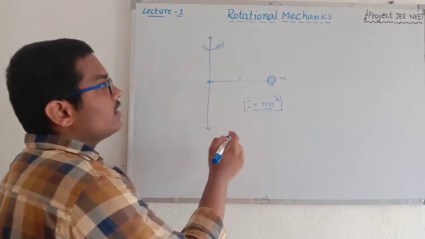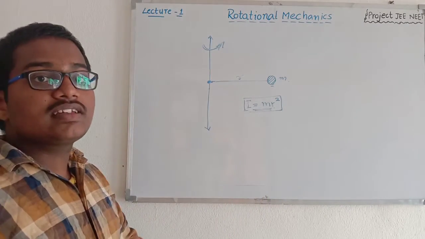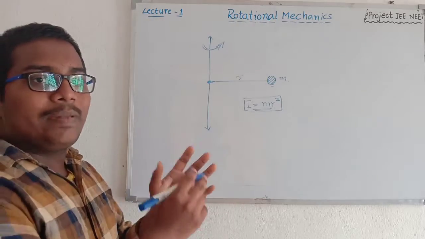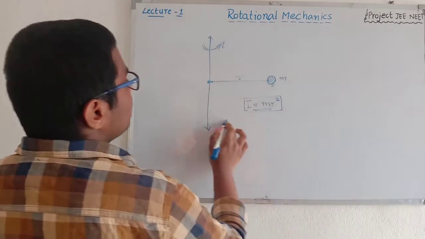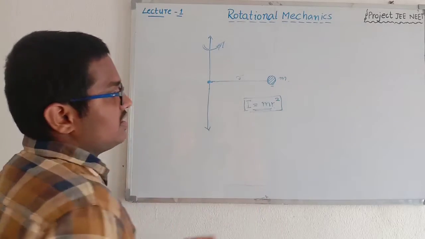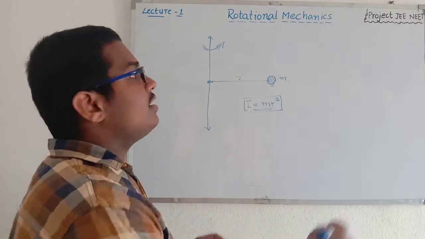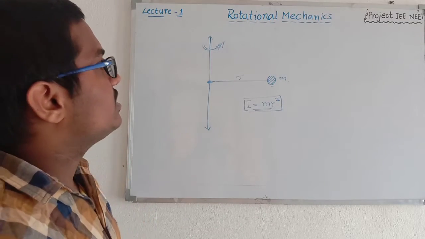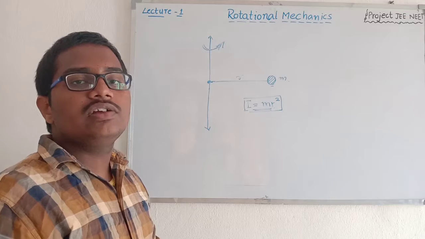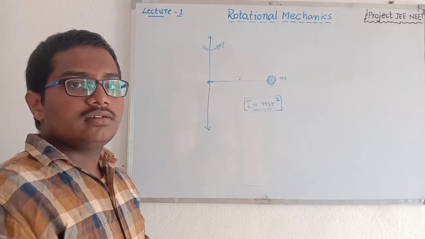So note it. If possible, don't take a screenshot here. Please maintain a table of contents. The first column contains this figure and the moment of inertia here, I is equal to mr square, with separate formulas in tabular form. Please note it. I will give you 3 seconds to pause the video and note.